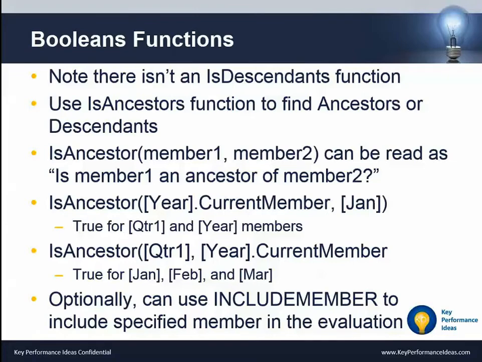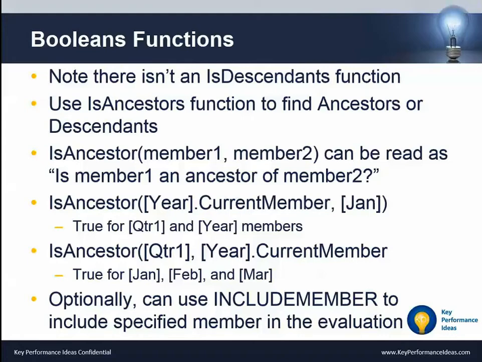So that would be true for quarter 1 and year, and that's identifying our ancestors. But if we flip that and said, is quarter 1 the ancestor for the current member of year, now we're finding the descendants. So it's just the order in which you put those two members in as to whether you're doing an ancestor search or a